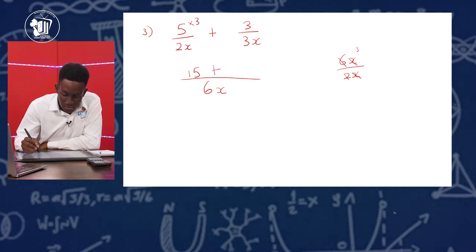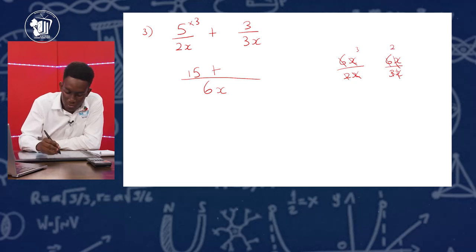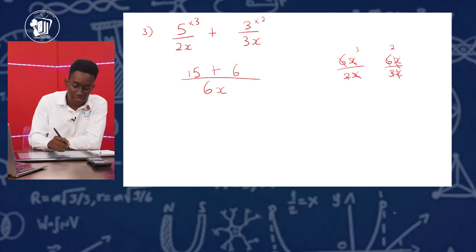Plus 6x divided by 3x. This x will cancel with that x. 6 divided by 3 would be 2. We multiply that 2 by the top there. So 3 times 2 would be 6. So 15 plus 6 would give us